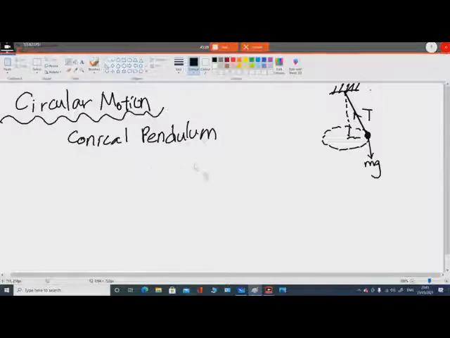While we are resolving this pendulum, we must know that the tension will basically give us the